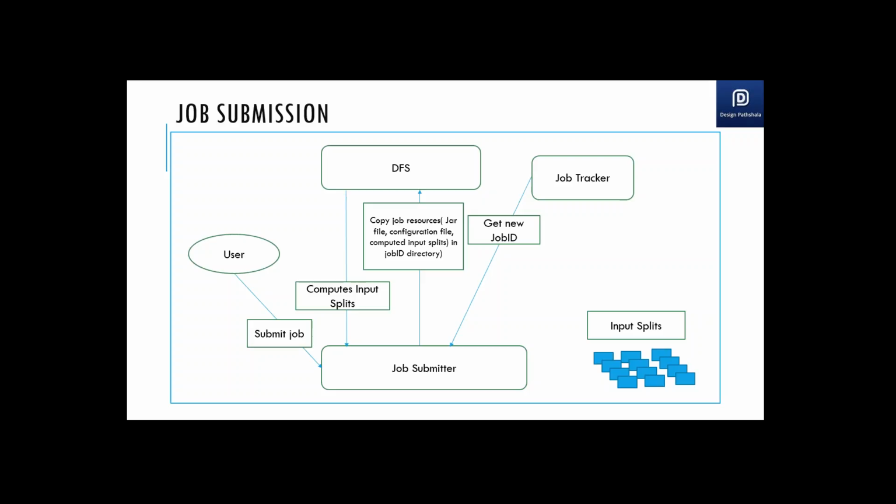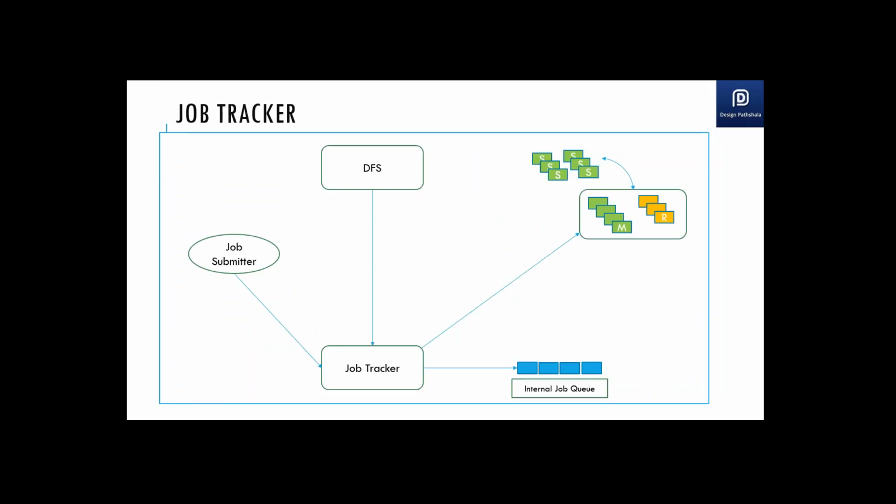We copy the job, basically the logic, to the distributed file system, and we submit the job. So the jar which you have created is kept in the distributed file system, and we just submit the job to the job tracker. We also know how many blocks need to be processed, because if my file is divided into 5 blocks, I have to process it at 5 different data nodes. So once the submit request is given to your job tracker, it puts the job into the job queue,